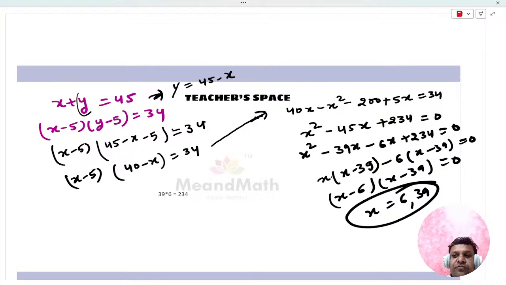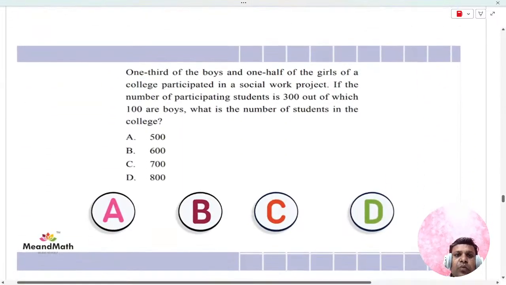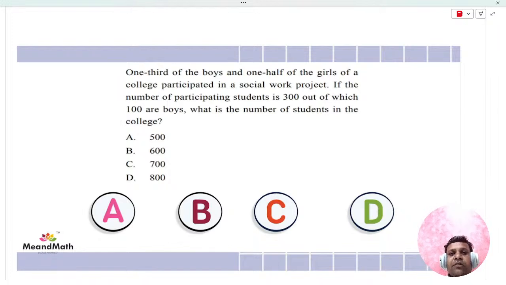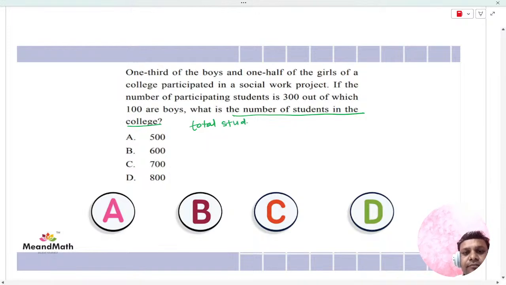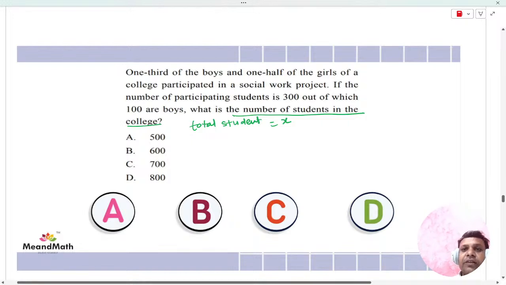Okay, let's move to the next question. 1/3 of the boys and 1/2 of the girls of a college participate in a social work project. If the number of participating students is 300, out of which 100 are boys, what is the number of students in the college? Let's suppose the number of students in the college is x. What we need, we have assumed as x. Total students is equal to x. Now according to the question,